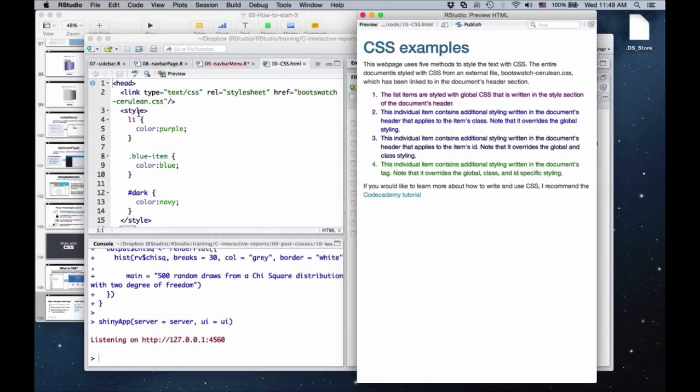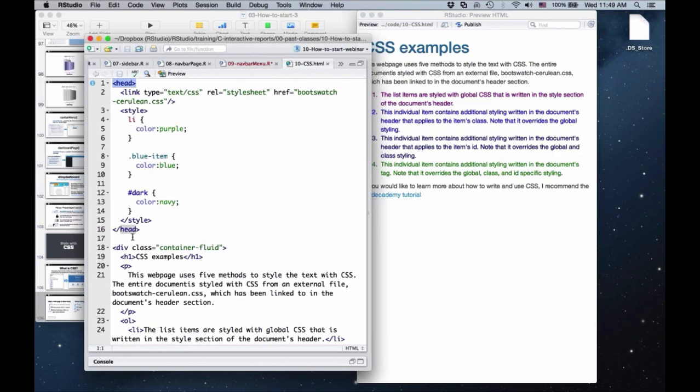If we look at the code that makes this, you'll see the web page starts with a header section. So between these two tags that say head, it's a header section. And the first thing in the header section is a link, or a tag that says link, that links to a CSS text file. It's a style sheet. And the name of the file is